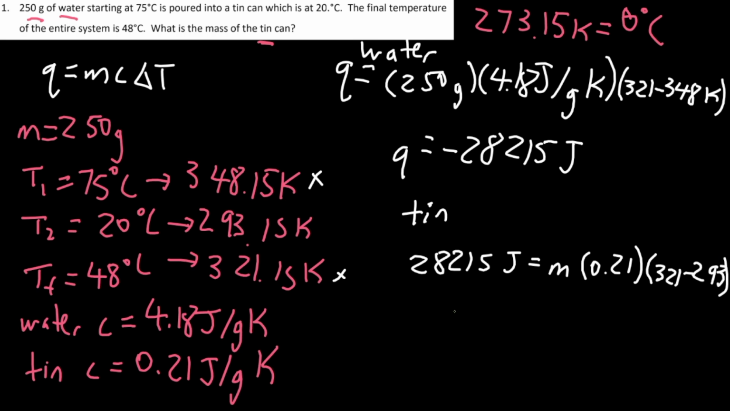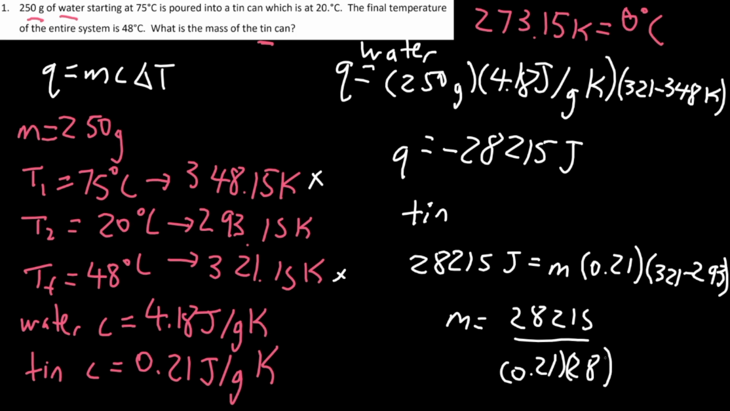From here, we're going to continue to solve. So mass equals 28,215 divided by 0.21 times 28. And that means that the mass is going to be 4,798